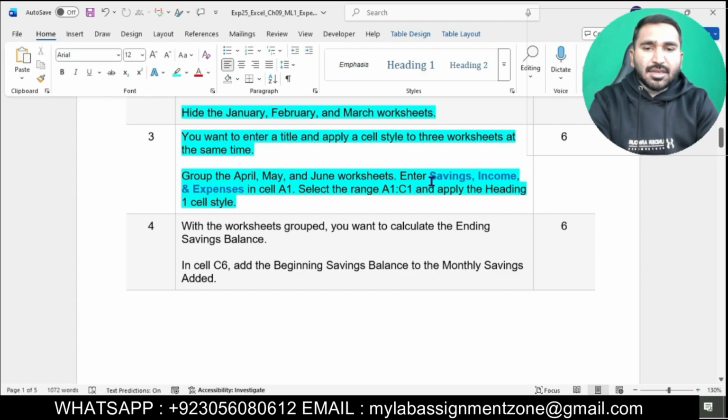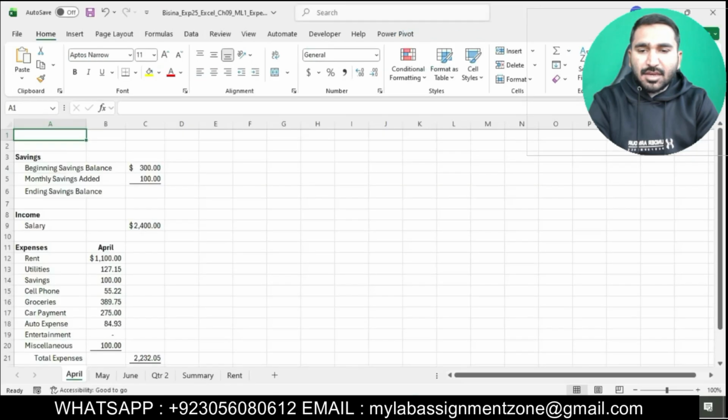Enter Savings, Income and Expenses in cell A1. Select the range A1 to C1 and apply the Heading 1 cell style. Basically in this question, first we will group these three worksheets, April, May and June. Go to the Excel workbook, click on the April worksheet, press Ctrl and then click on May and click on the June worksheet. So these three worksheets